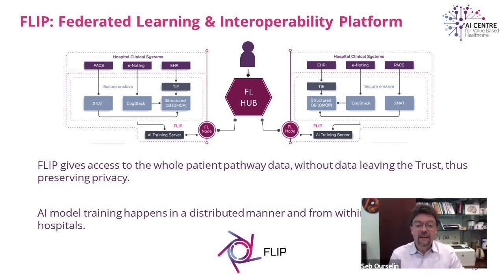What we bring here is a new way of thinking where the model can be trained iteratively by being physically moved into the NHS trust, into the firewall of the trust. So therefore, those data are never exposed outside of the trust. And then you train on one trust, then you go to the next trust and the next trust and so on. And we have ways of collecting those different models together to build a meta model, which is aggregated and